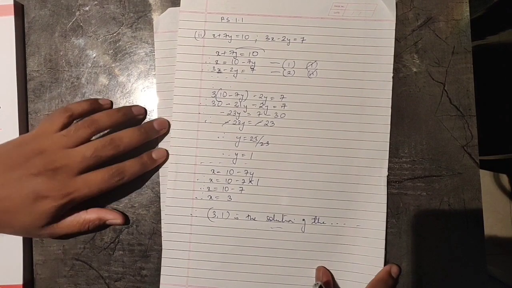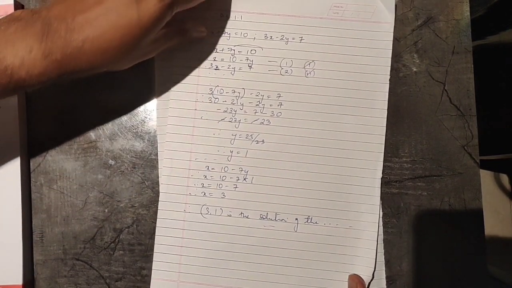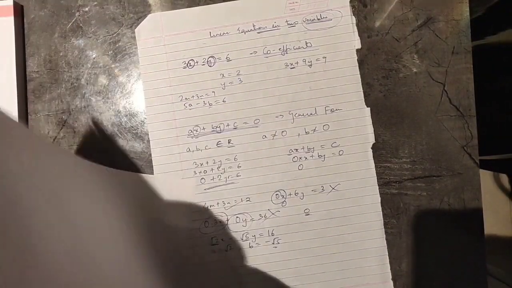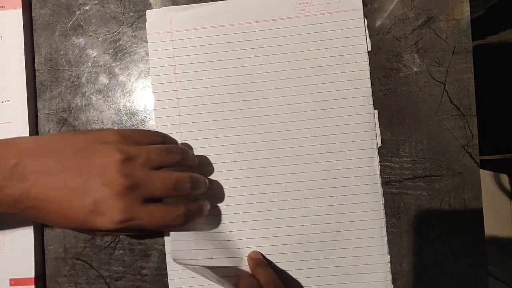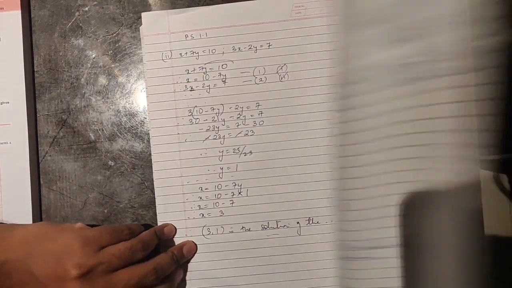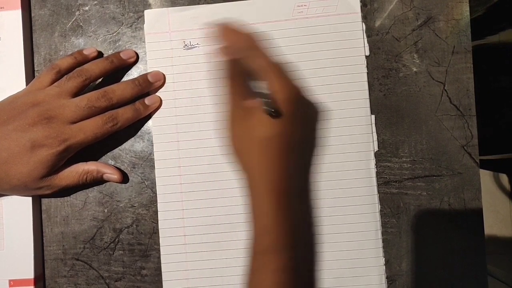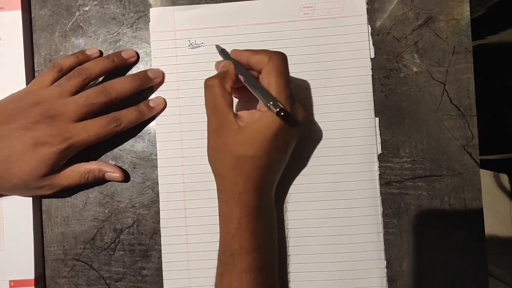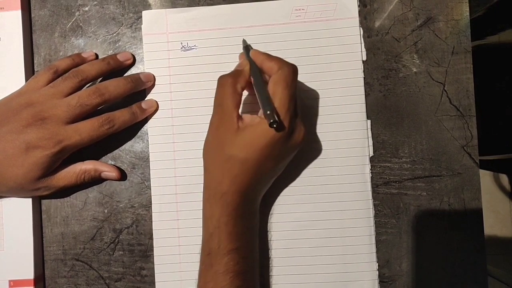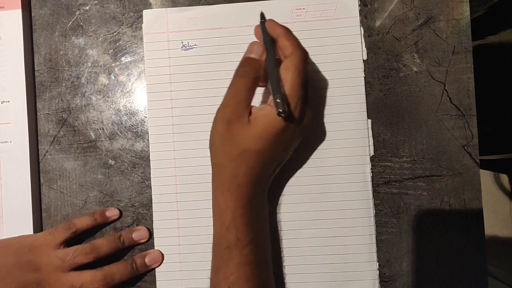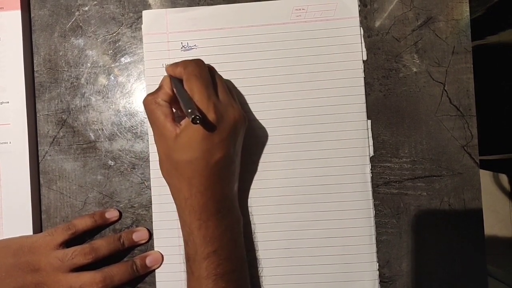Now we'll do one more sum in which we don't need to apply the elimination by substitution method. We can apply one more method which I'll teach you all now. See, I repeat again, any method you apply, you will get the same answer. There'll be times they will tell you to just solve, so that means you can apply any method. But if they specify and say solve by elimination by substitution method, then you have to apply the elimination by substitution method only. Now the next sum, we'll just take the third sum.